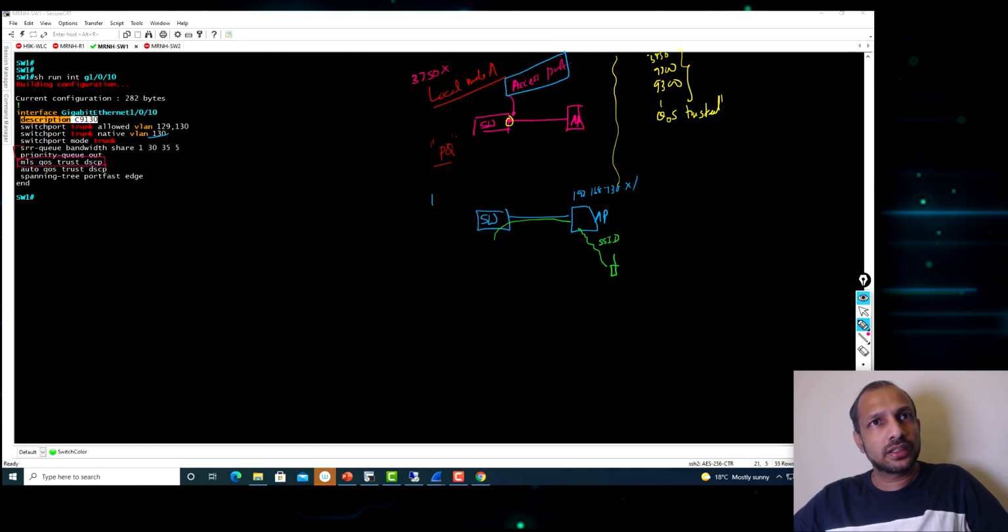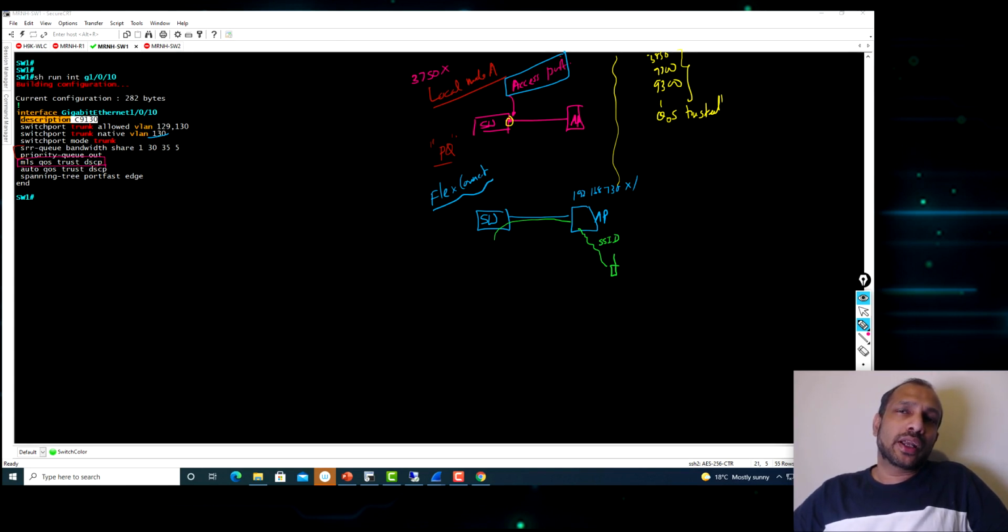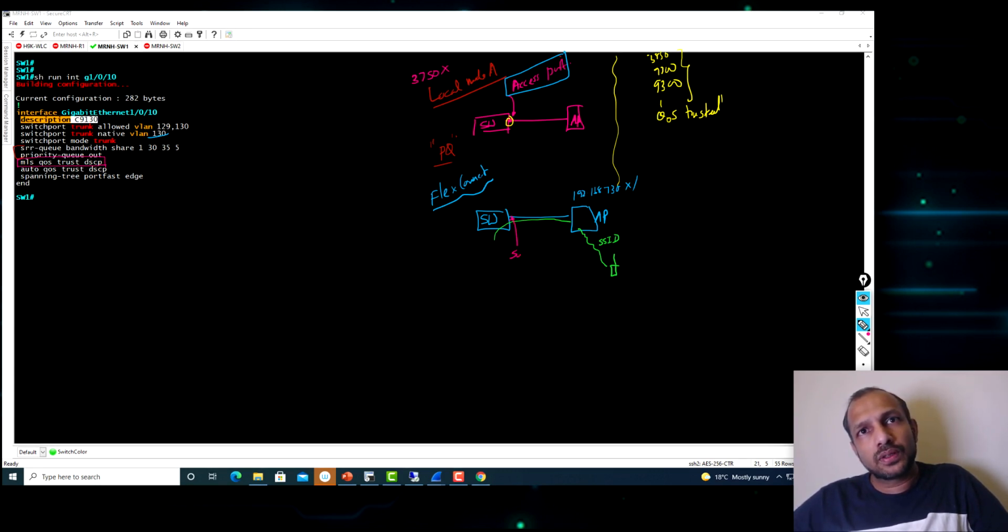So traditionally, this is the FlexConnect mode deployment. Okay, so in FlexConnect mode deployment, we configure this as a trunk port. In that particular way, this port we configured as switchport mode trunk. That's the only difference. Why? Because multiple VLANs are carried: the AP management on one VLAN and user traffic on the other VLAN. So we configure this as a trunk port. But in our lab, I don't want to change this port configuration from time to time, so what I did was configure it as a trunk port.